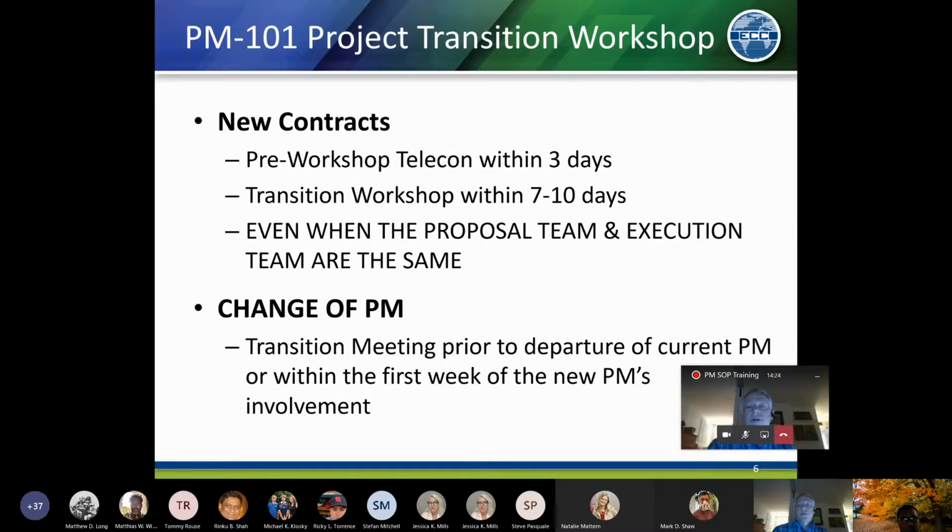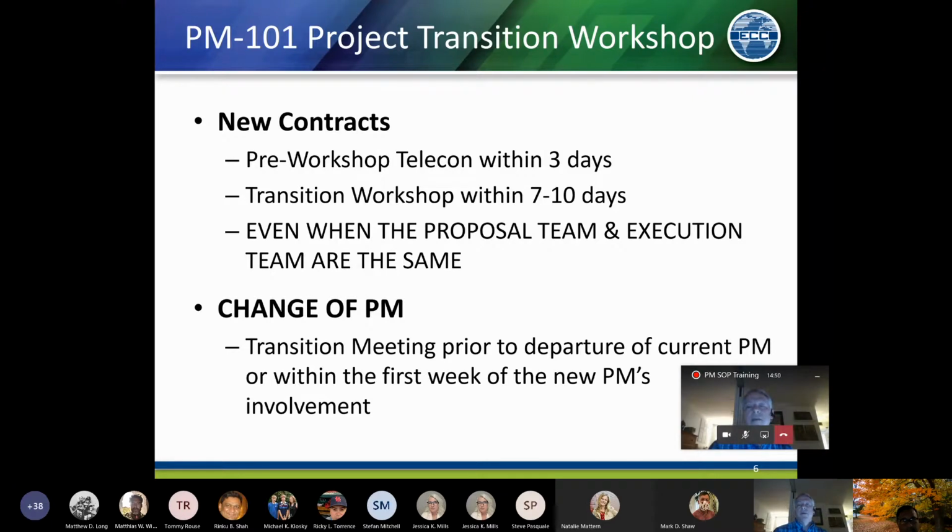The workshop itself should be done within the first 2 weeks of award, and I know that we're not always spot on with that. It also needs to be done at a sensible time to make sure that you get maximum participation. So there is a little bit of flexibility there, but we should not be delaying in conducting the workshop, because